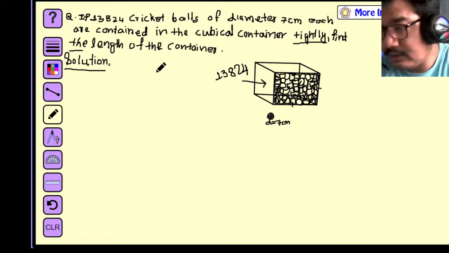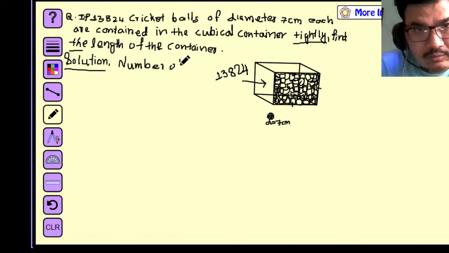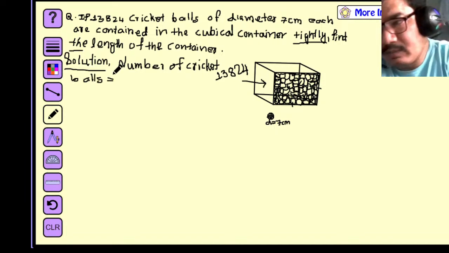first of all, we should understand that the number of cricket balls, you can write here, number of cricket balls, right? Number of cricket balls equals to